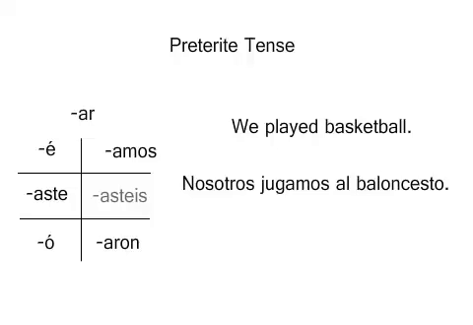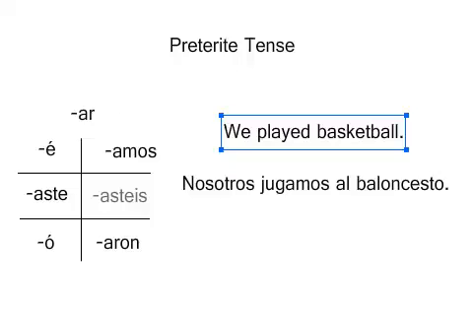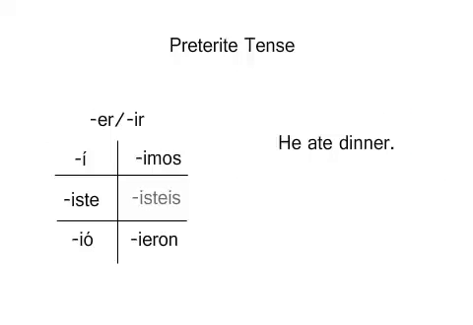Let's look at one more example. This time let's say he ate dinner. We're going to use the verb comer, which is an ER verb. As you know, we'll cut off the ER. Now if our subject is he, we come and find our él ending, which is ió. So we add that on, and then we fill out the rest of our sentence. Él comió